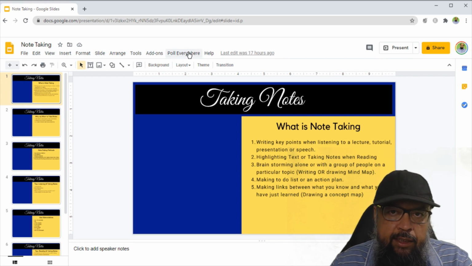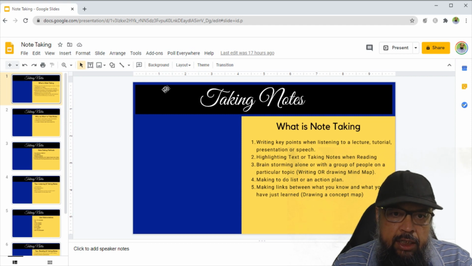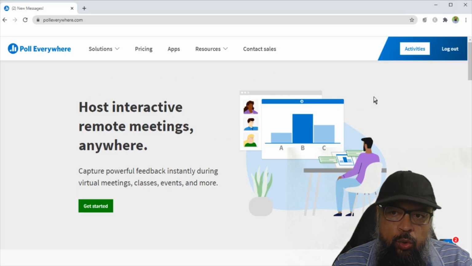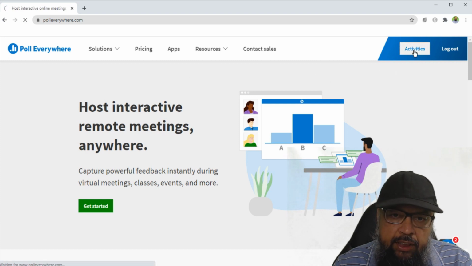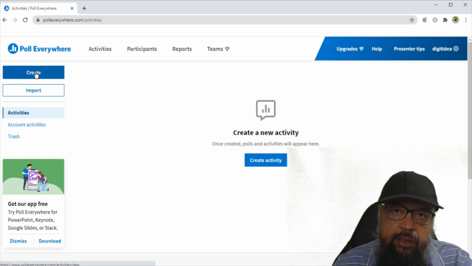Now the way it works is like this. You create an activity either by clicking on this tab or by logging into your account. And on this window, I have logged into my Polleverywhere account, and inside my Polleverywhere account, I can also create activities. So if I click on activities, I can create an activity from here as well by clicking this button